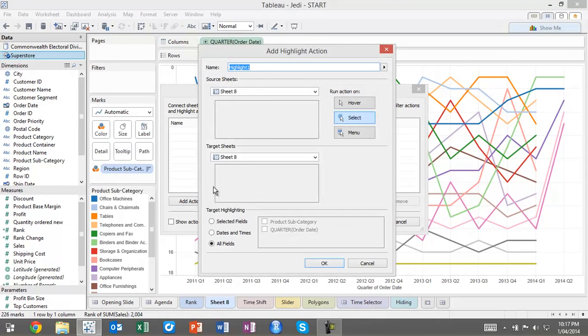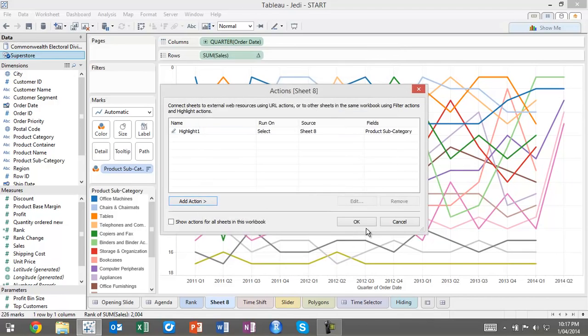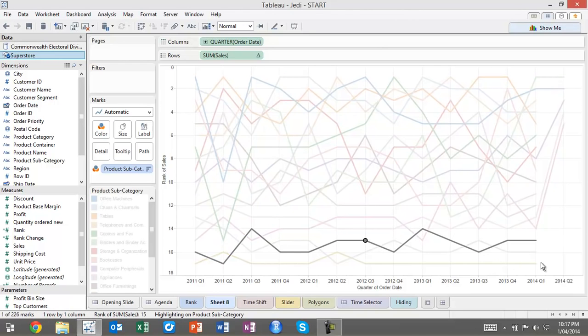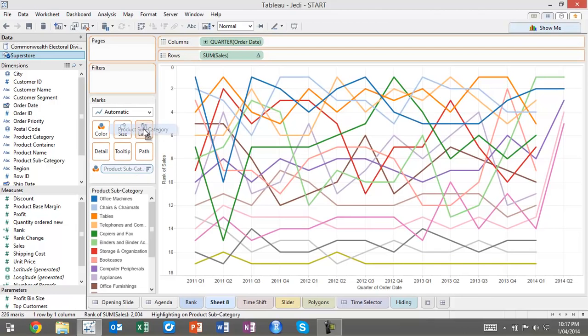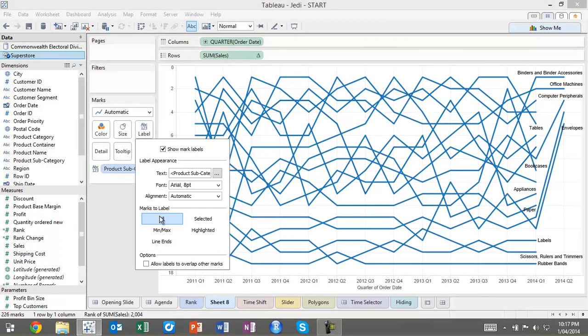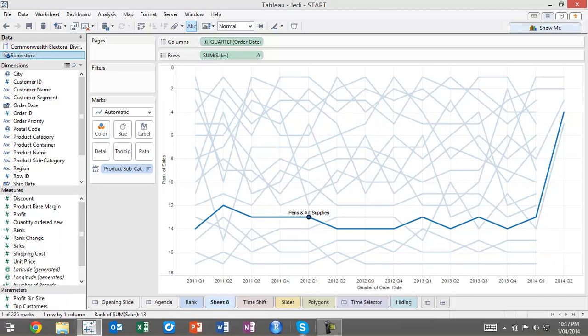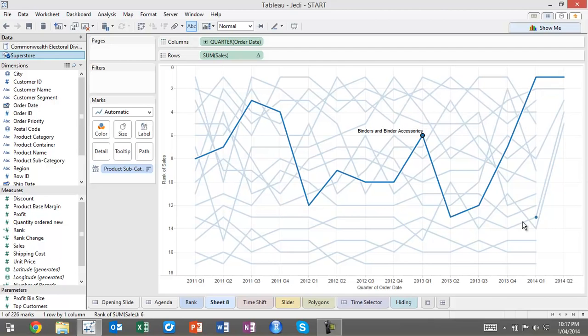Now we could take this and say, well, when I select an object, we could highlight this whole line over here. So if I click on something, we'll highlight the whole line. That's great. And maybe what we could even do is take the subcategory, and instead of using color, put that on the label, and tell the label to just show the value for the highlighted. So if I choose that, you can see here that it's showing me whatever it is that I've got highlighted